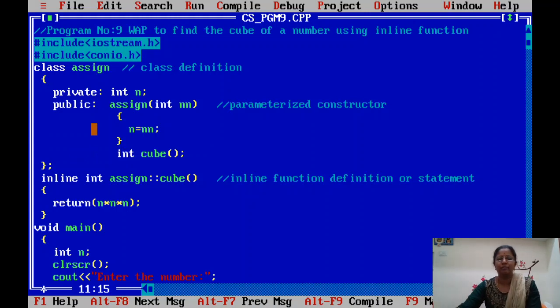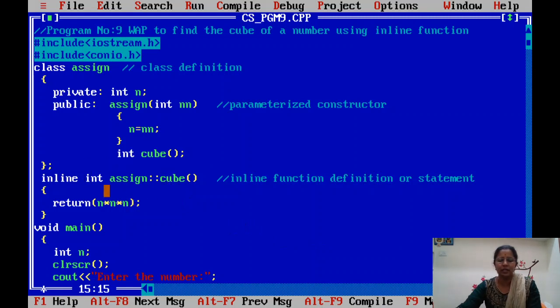We are finding the cube of a number. What do you mean by cube? A particular number multiplied 3 times gives you the cube of that number. So whatever value you assign to the variable n, that value gets multiplied 3 times.